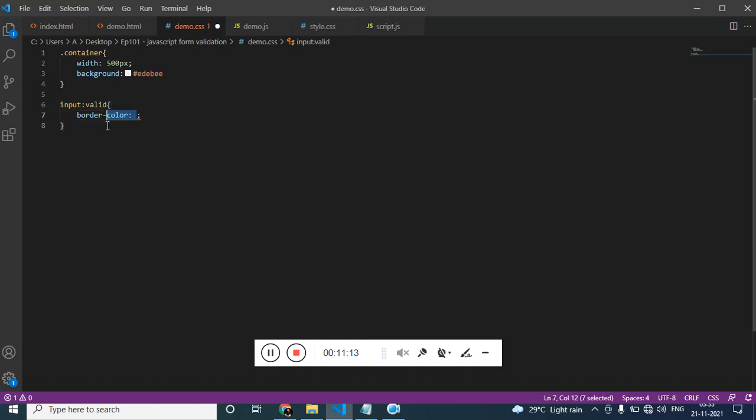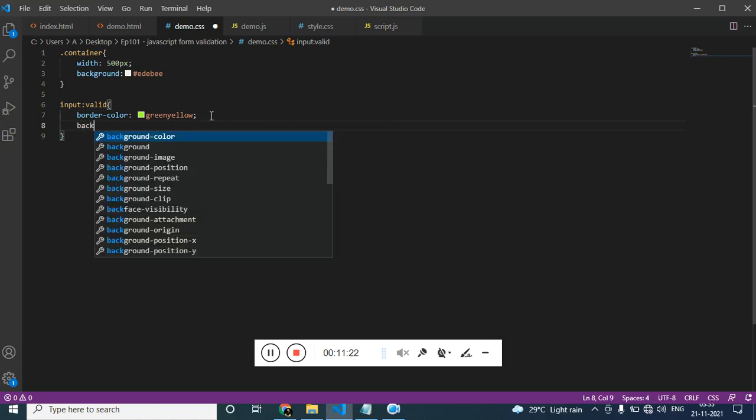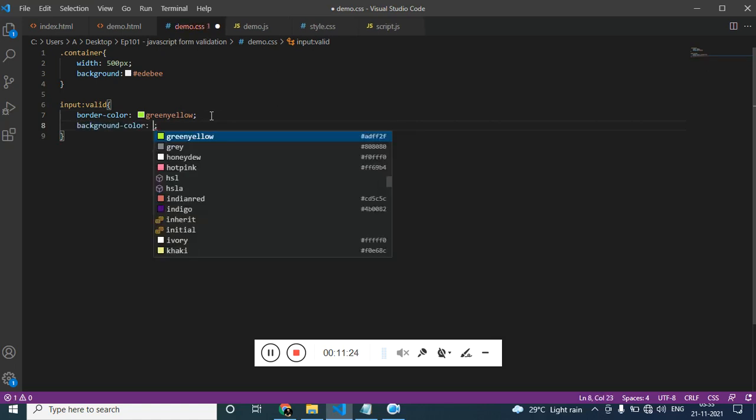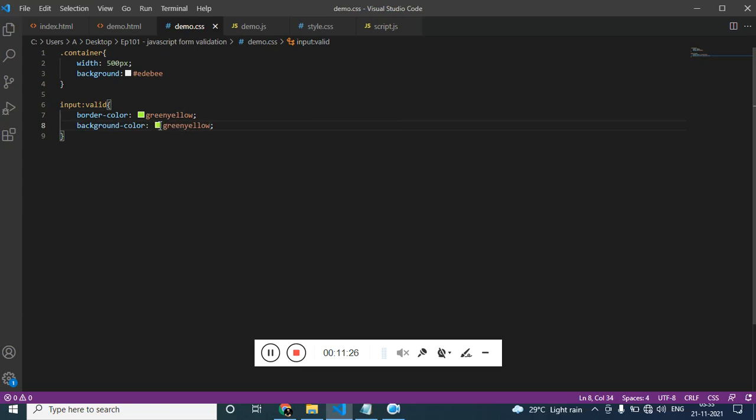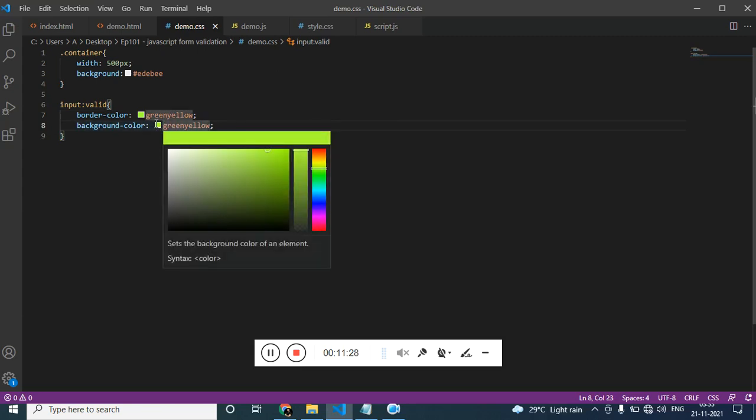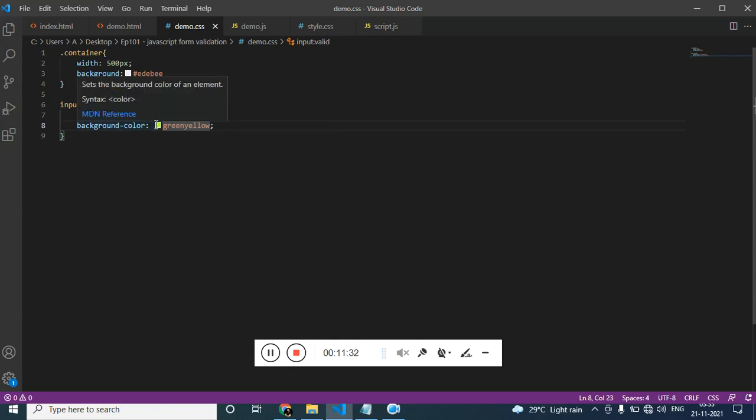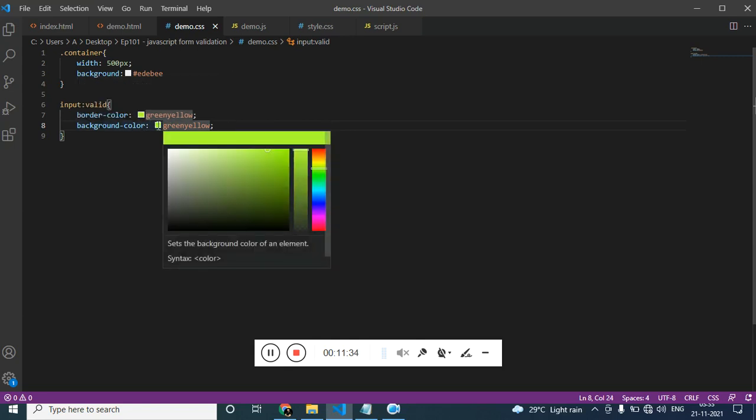Let's just add the border color green, this type of green, and then the background color. Again, we can make this even lighter by hovering over the color, and you will be able to get the color picker, which is provided by Visual Studio Code.